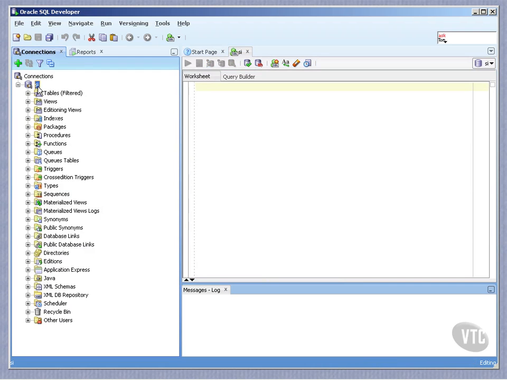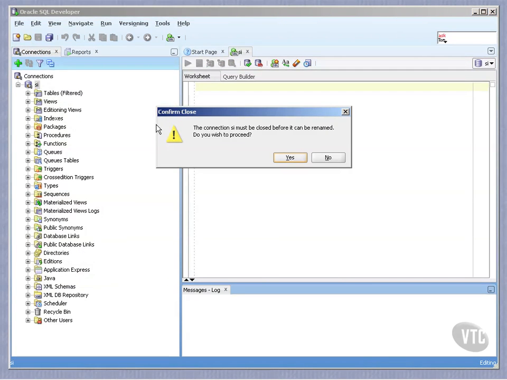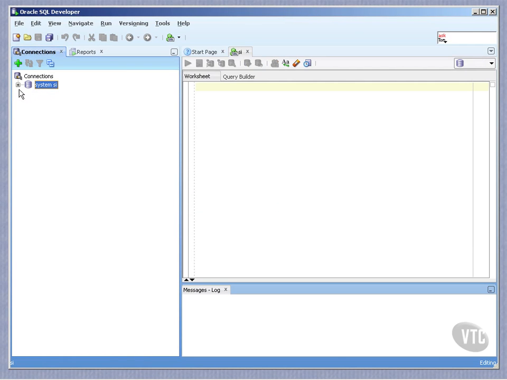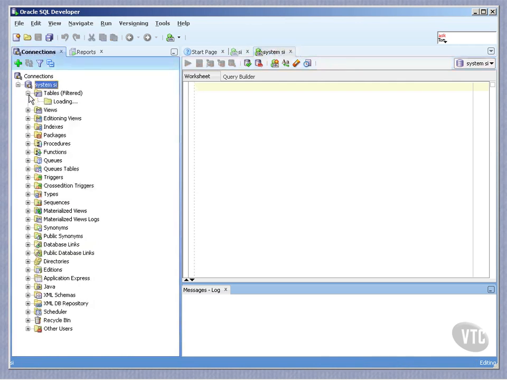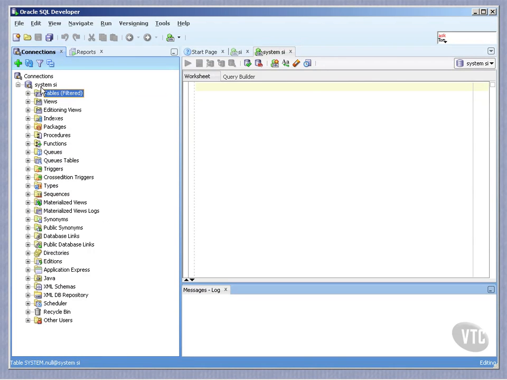Whilst it's loading, what I should have actually done is I should have named this. Okay, it wants me to close the connection. Okay, so we'll close the connection. That's fine. It's actually the system user on the SI database. Now, the system user has all sorts of privileged access. So system connected are going to tables to get all this stuff that comes up. This is system level information, which you don't really need to worry about. What I want to do is to show you,